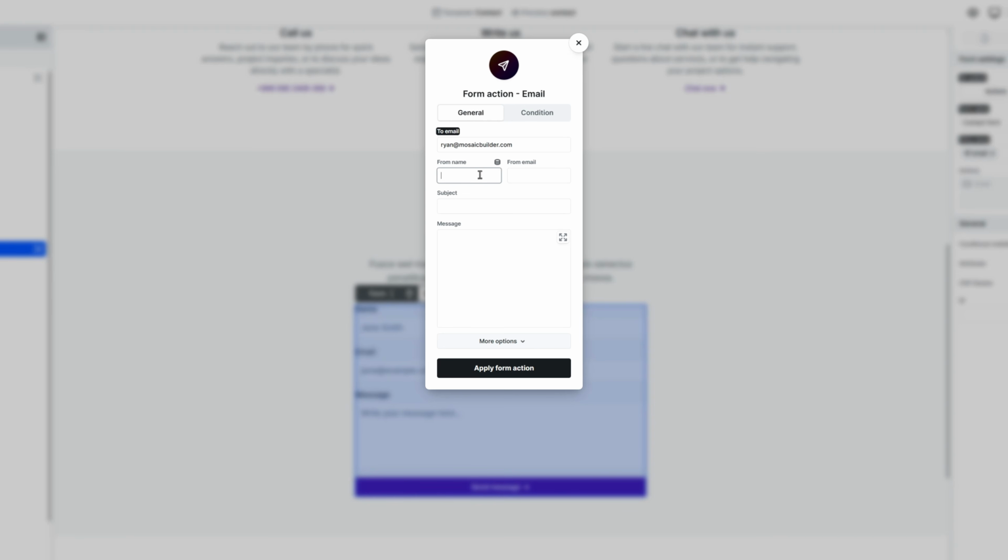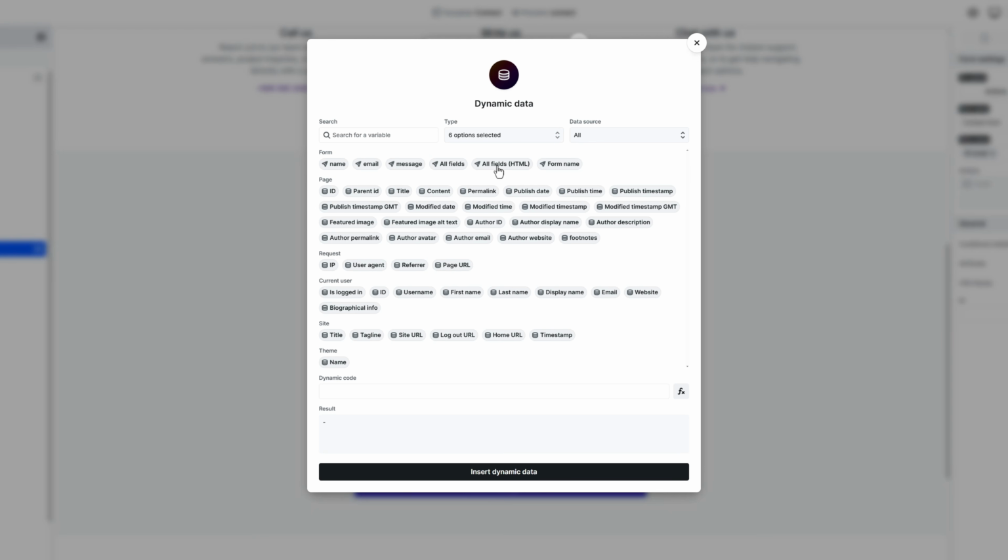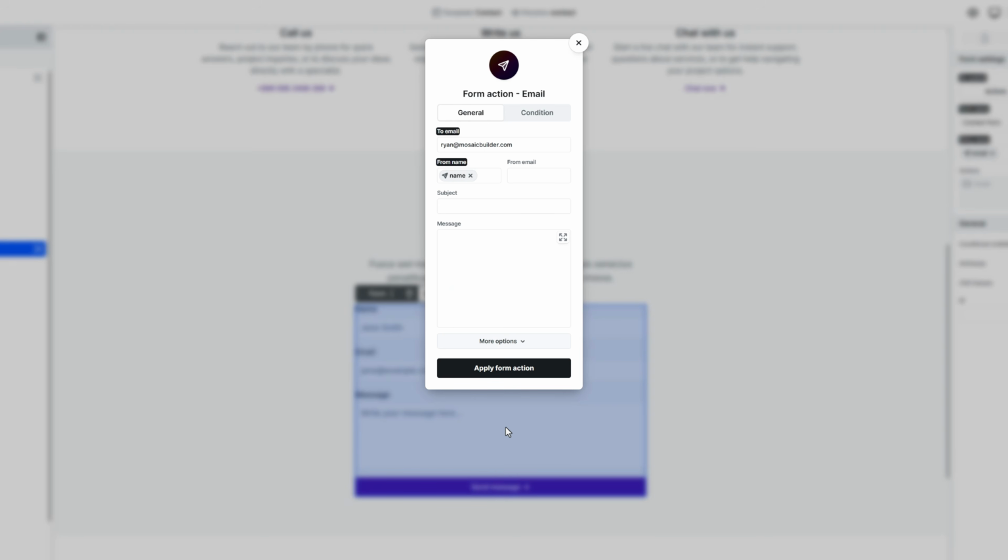Next, for the from name, I want to insert the visitor's name. That's where dynamic data comes into play. Click the dynamic data icon and you will see a new window appear. Select the name variable and insert it. From email is the sender, which in our case is the same as the receiver, so I'll just copy over